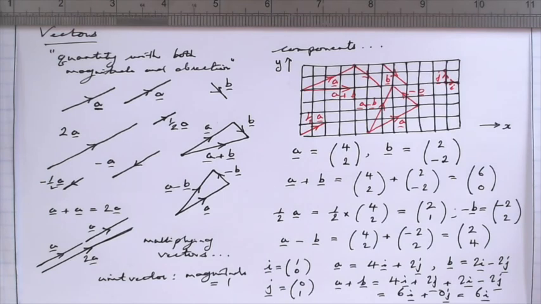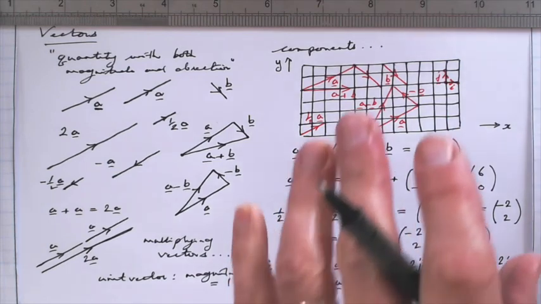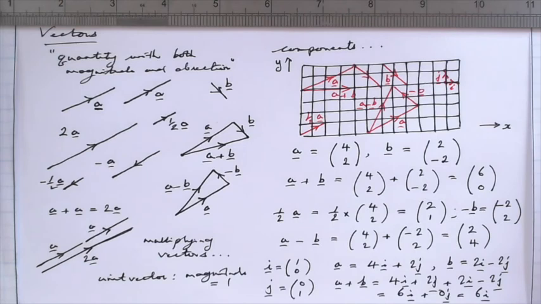Next tutorial on vectors, I'm going to look at calculating the magnitude of a vector. I'm going to talk about position vectors, and finally I will talk briefly about generalizing this to 3 dimensions, writing vectors in 3D and calculating their magnitude, which you'll see is a very simple